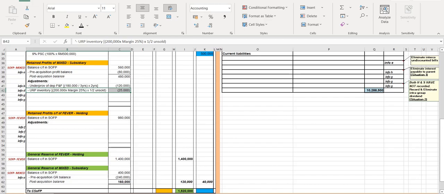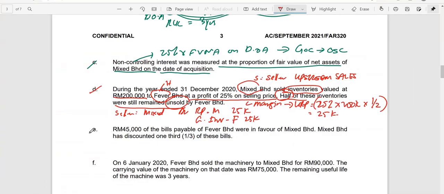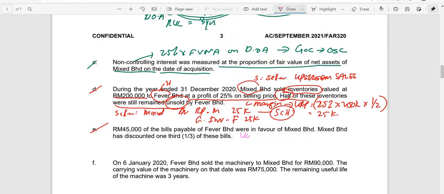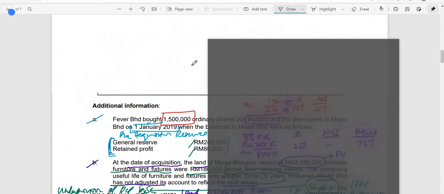Next, we go to the next item, which is about bills payable. For bills payable, this does not affect the schedule, unlike the previous item, which you have to adjust in the schedule. But for bills payable, you need to check the undiscounted intercompany bills payable and bills receivable. You are informed that 45,000 of the bills payable in FAR. So if you go to FAR,